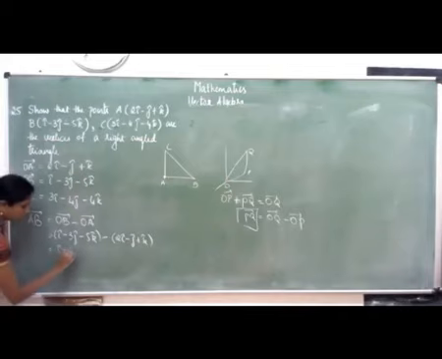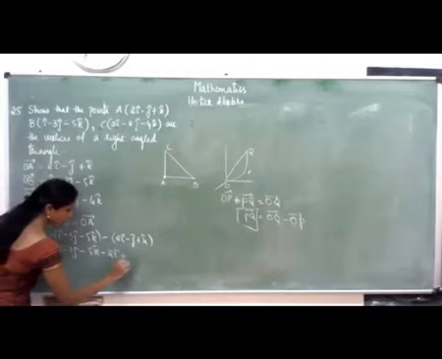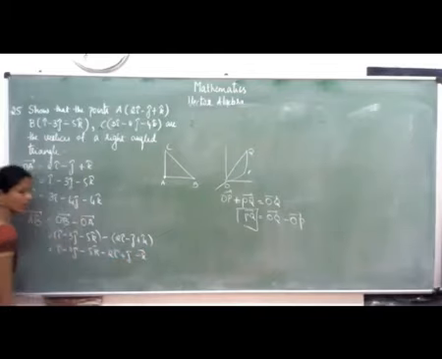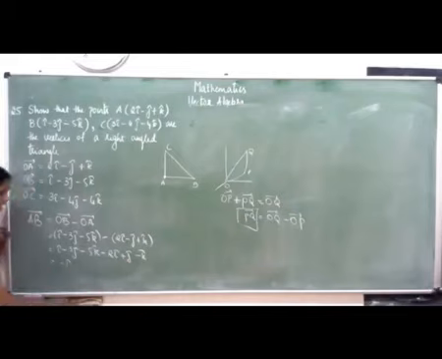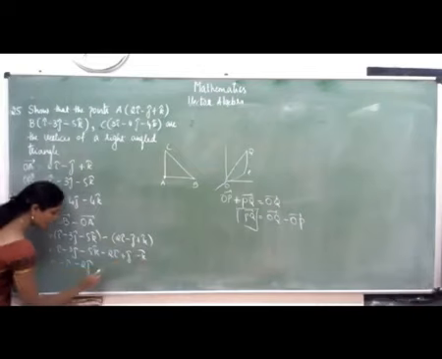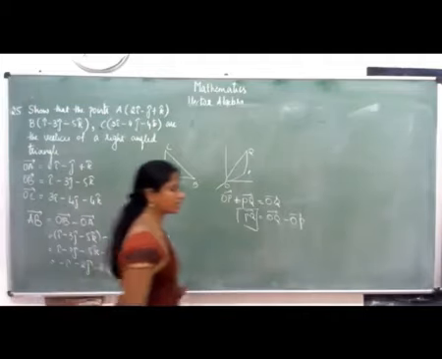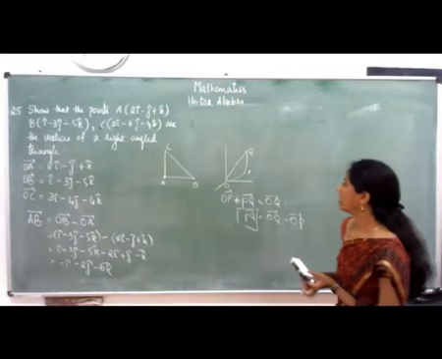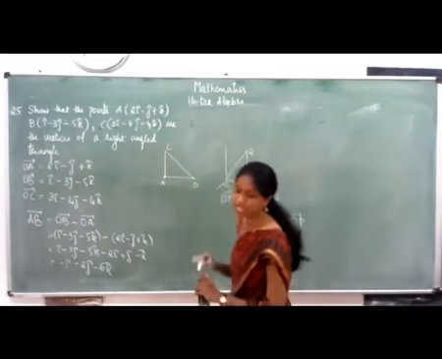Therefore, simplifying, i cap minus 3j cap minus 5k cap minus 2i cap plus j cap minus k cap. So, i cap minus 2i cap is minus i cap, then minus 3j cap plus j cap is minus 2j cap, minus 5k cap minus k cap, which will be equal to minus i cap minus 2j cap minus 6k cap. After this, let us find the vector joining the points B and C, then similarly C and